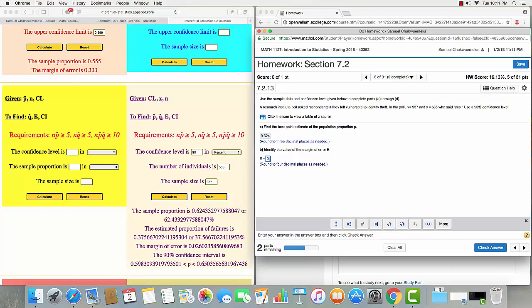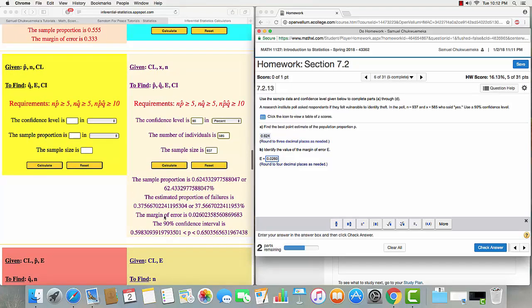To 4 decimal places, margin of error would be 0.0260. Okay, do you see that? So with my calculator, I try to really provide details. That's the nice thing about my calculator. I really try to get the details, both what you were asked and what you were not asked, because